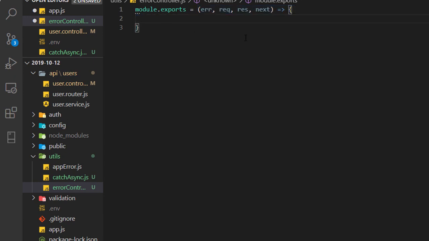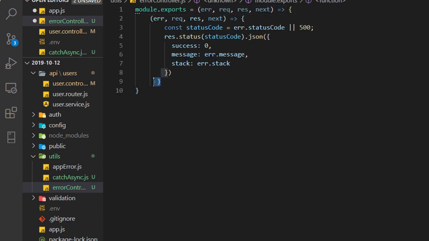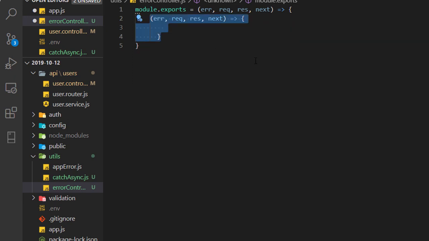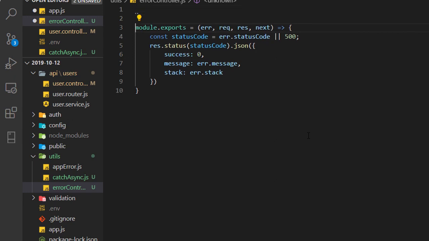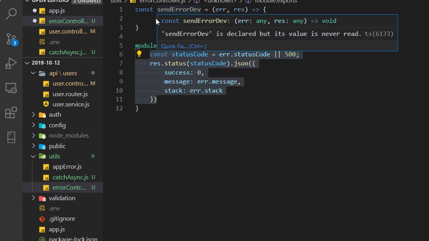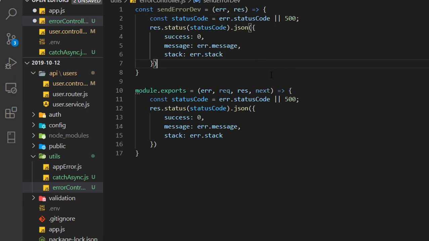So let me as of now just write the code here. We don't need this function, we have already defined it. Just need the logic. Paste the logic here. I'm going to create two more functions that will receive error and response. So from here, I'm giving a response as it is.